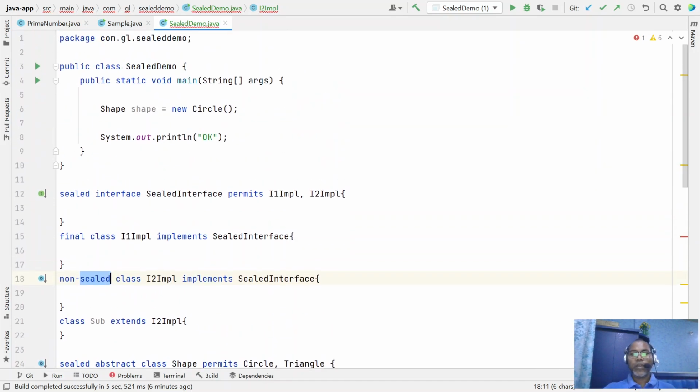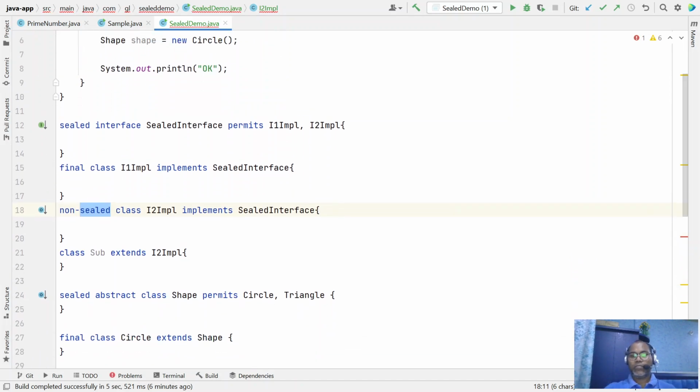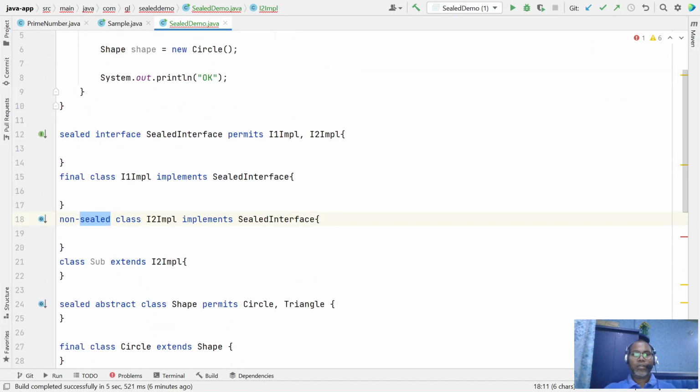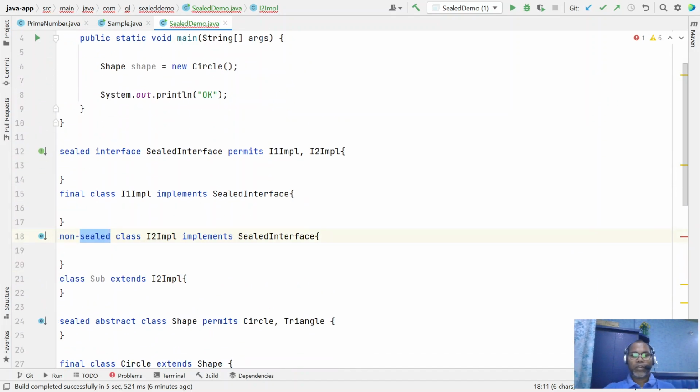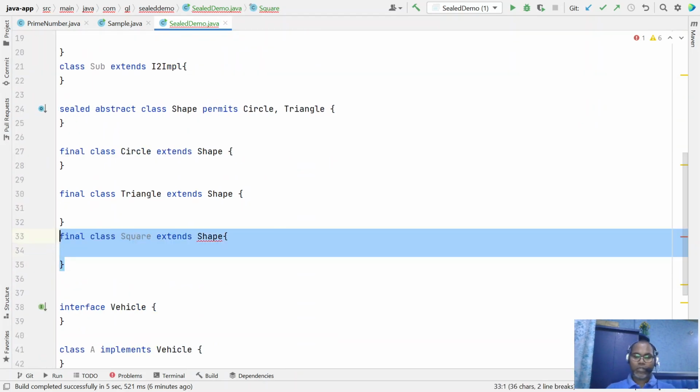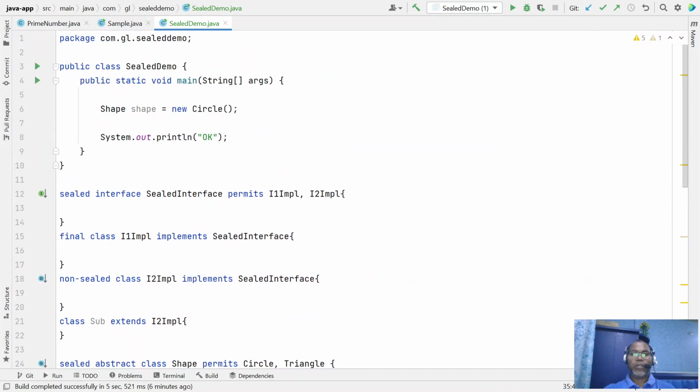So this is the way you can implement a sealed class or interface. Okay, so now it's okay. This is not allowable, so now your code is happy.